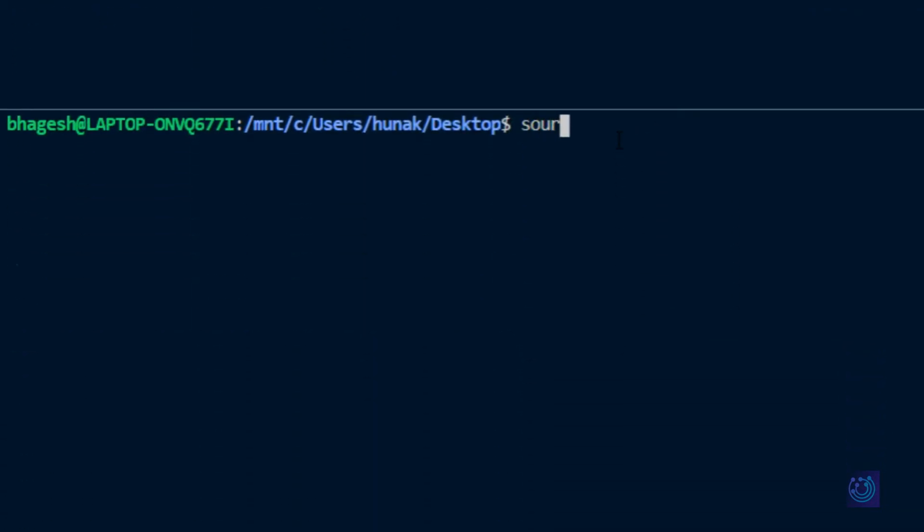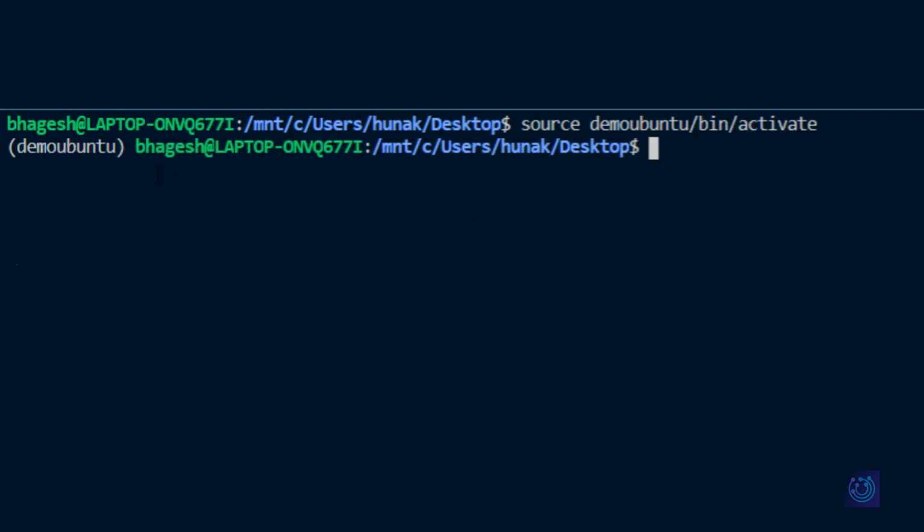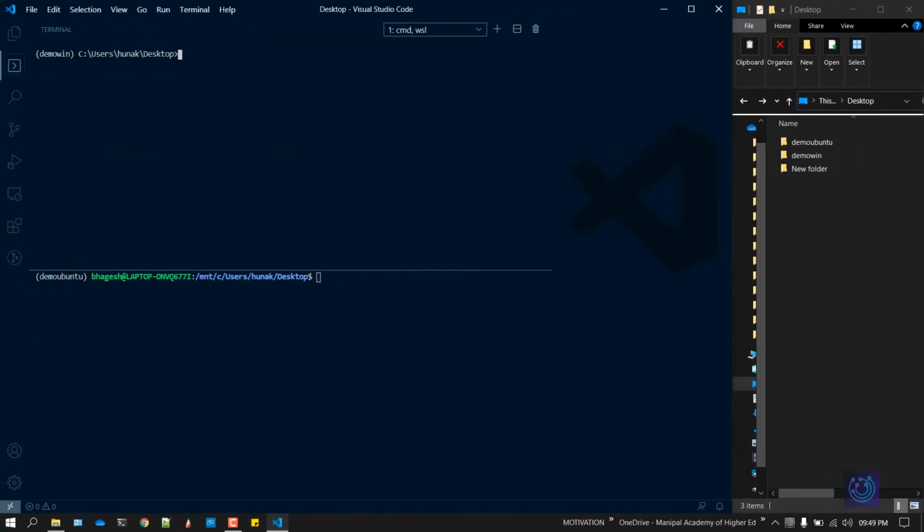We will have to type in source, then the name of the virtual environment, that was demo ubuntu, /bin/activate, and hit enter. Again, you'll see the name of the virtual environment in brackets, which signifies that our environment has been activated. I'll mention all these commands in the description. So we are done creating and activating the virtual environment in both our Windows and Ubuntu systems.